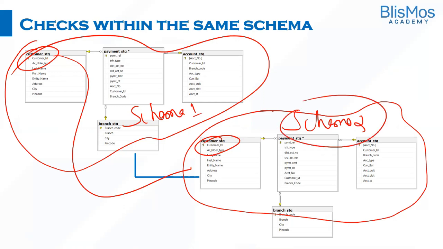If it is not, that would be a defect. We need to raise a defect. So as a part of validating data consistency across different tables in a different schema, we need to ensure that the data in different tables in a different schema is consistent, that there is an exact match if the